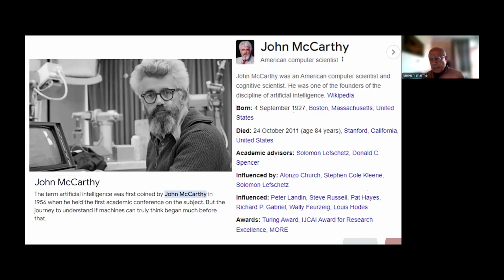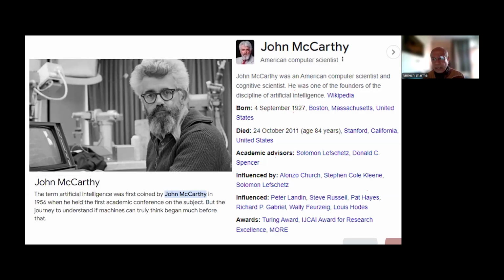But the work was being done in AI much before that, as a result of World War II, where Germany created a machine called Enigma, and a committee of scientists was constituted. One of them was Alan Turing, a British mathematician and computer scientist. After a lot of hard work, they were able to break that machine and capture the signals being sent by German forces headquarters to the forces. So that changed the history of the world.